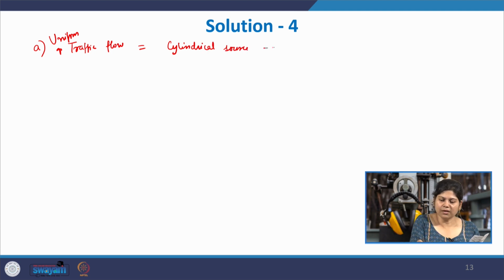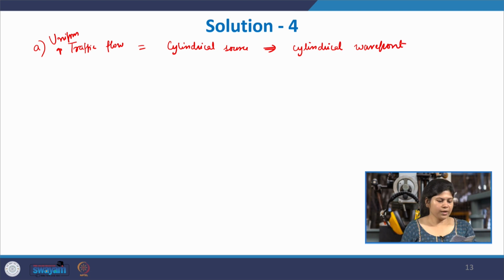So, it gives a cylindrical wavefront. Okay. It is giving a cylindrical wavefront, and what happens in the cylindrical wavefront? It does not follow the same law as the spherical one. Here the pressure is inversely proportional to the root of the distance, P is inversely proportional to 1 by root R,